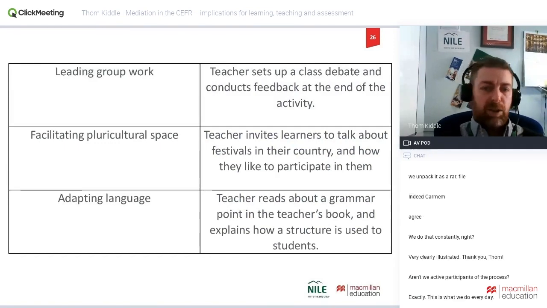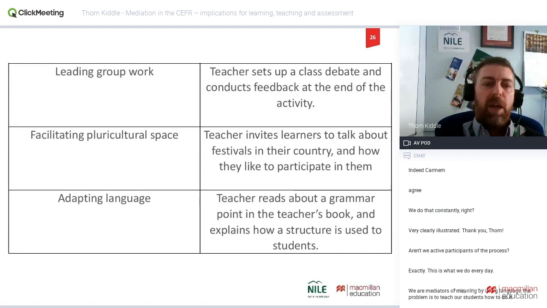When we're setting up a debate or setting up any activity that involves the students working together, conducting that feedback, bringing it all together, seeing what's been successfully done and what needs more support, we're leading group work. When we're inviting learners to bring themselves and their own culture into a classroom context and talk about a particular topic of cultural relevance to them, then we're facilitating that pluricultural space. We're making a space available for students to be proud of and to share and to value their own cultural